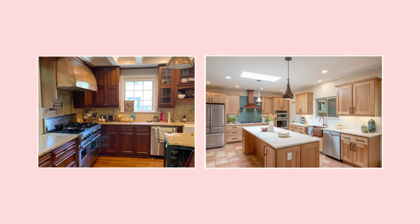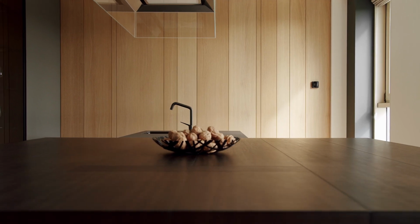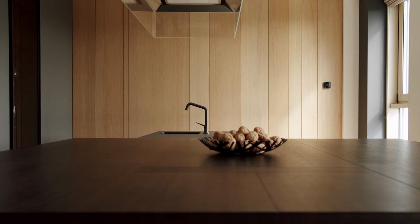Now, if you still like this design option, you can still incorporate this into your kitchen, but tone it down a little bit. Don't necessarily use that very dark tone wood. Go with something a little bit lighter and brighter. That's a great option. And you can still enjoy that Tuscan theme, but tone it down just a bit